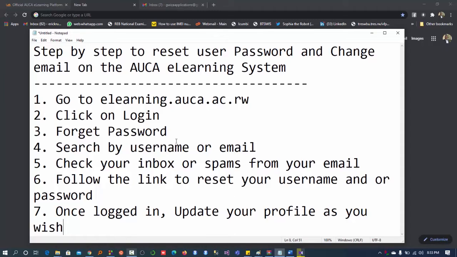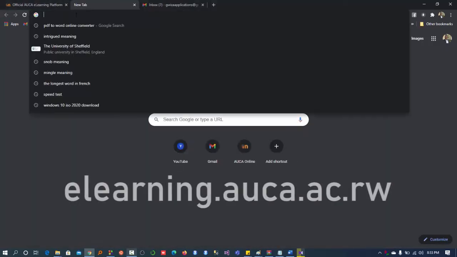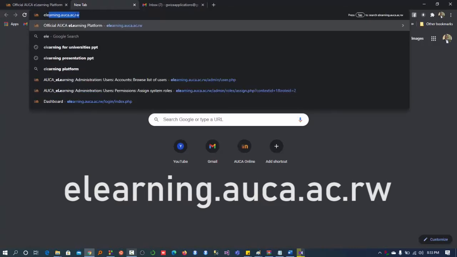So once you are logged in, then you can update your profile as well as your email or your student ID, why not your full names, and so on and so forth. Let's get started. The very first thing to be done is to input